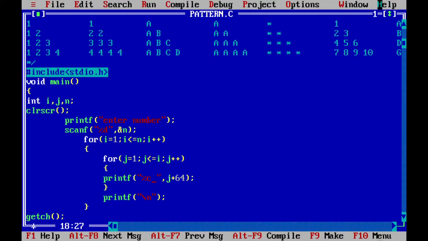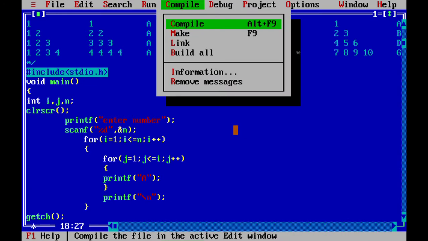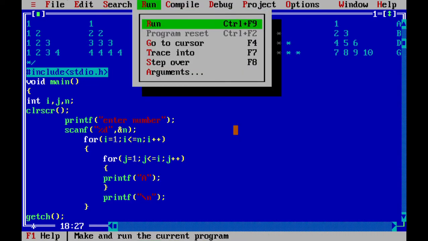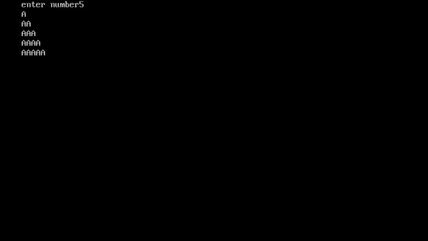Now to print the next pattern, see I have wrongly printed this pattern, but I will show you how to print this pattern. Here I have used A, means the same constant value here. So I can put A directly here and just compile your program, execute. Suppose I enter 5 and you can see this is the output AAA like that.